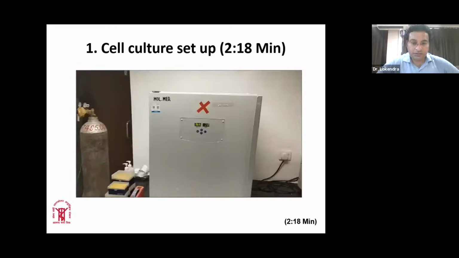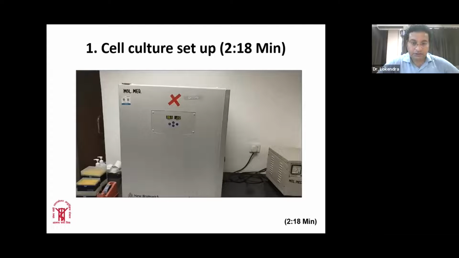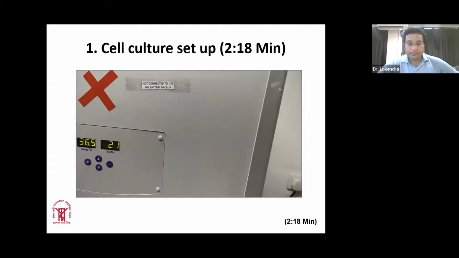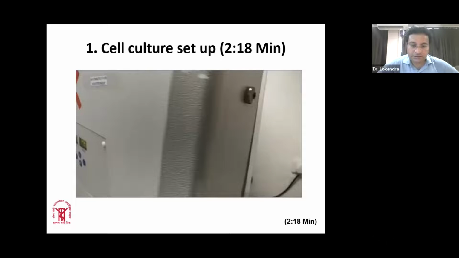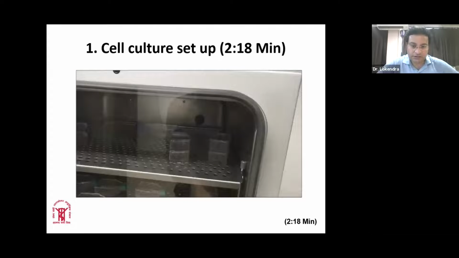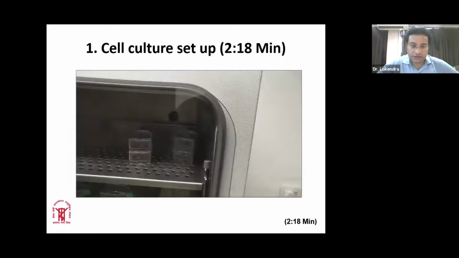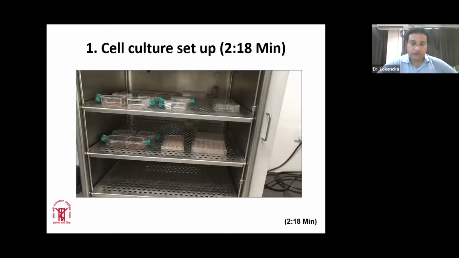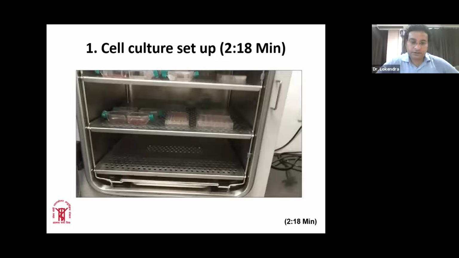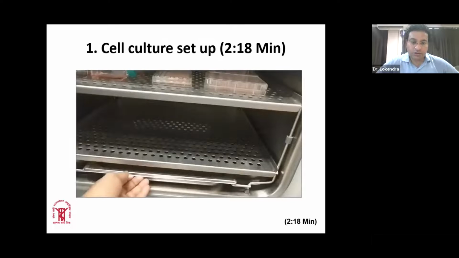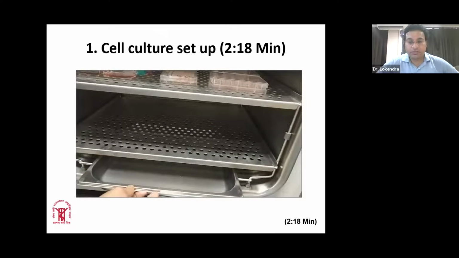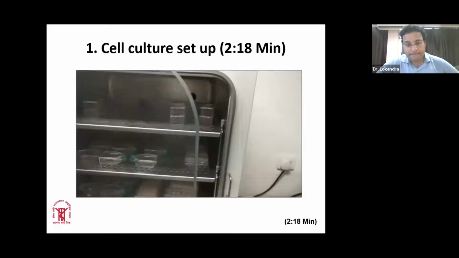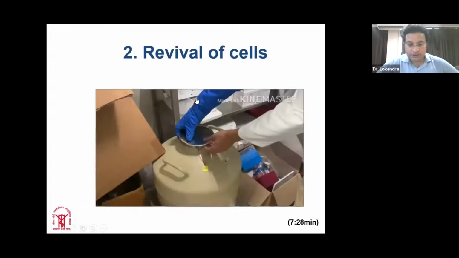Another important piece of equipment is the CO2 incubator. It has a temperature and CO2 sensor. Temperature is generally maintained at 37 degrees Celsius. This is where the small vessels with the different cells are kept. There is a small pan which contains water, which keeps the relative humidity at 90 to 95%. So this is one aspect. Second is